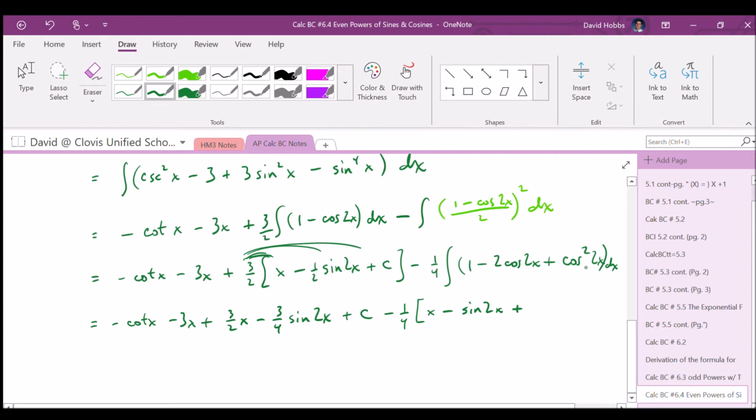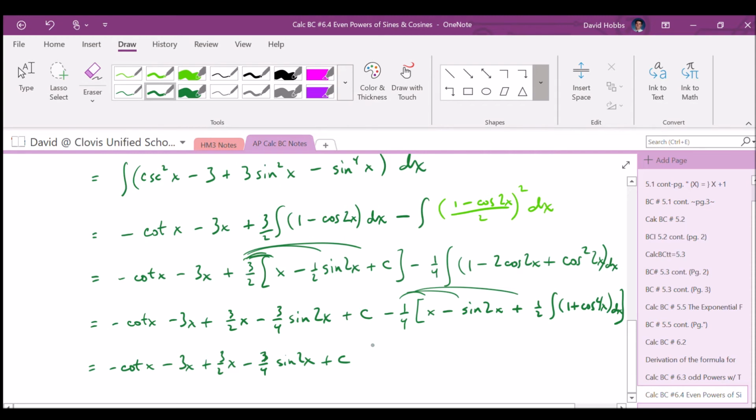Plus, and I got to do one more half angle formula substitution here. Okay, so cosine squared 2x, so there's going to be a GCF of 1/2, and 1 plus cosine of twice that angle, so twice 2x is 4x with respect to x. Okay, distributing the negative 1/4. So we've got negative cotangent x minus 3x plus 3 halves x. Those are like terms, obviously we need to combine those. Minus 3/4 sine 2x